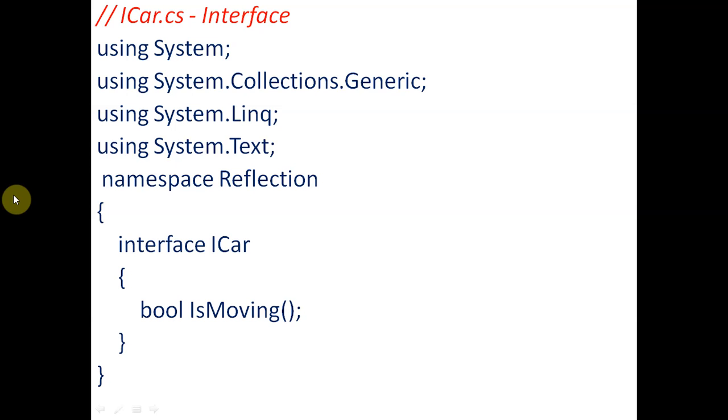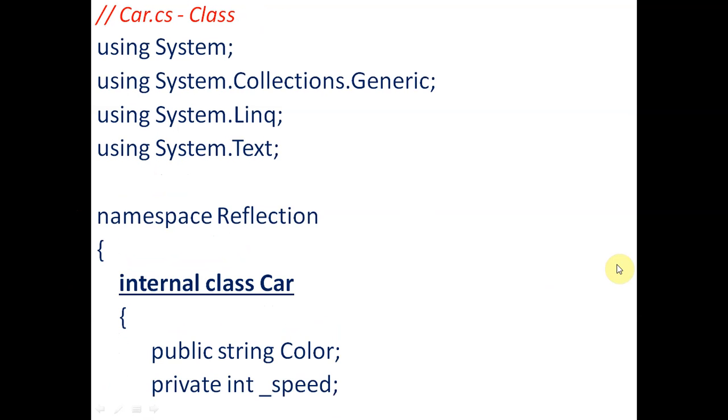Basically we have the ICar interface, and this is inside the Reflection namespace. Inside we have one function prototype, IsMoving, and we have another internal class, Car, again inside the Reflection namespace. We have the public variable color and the private variable speed.